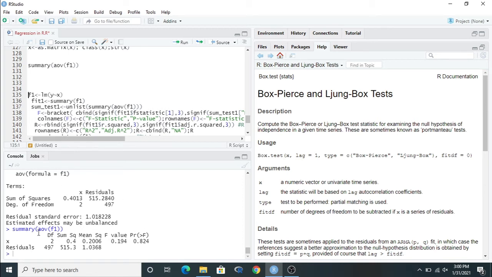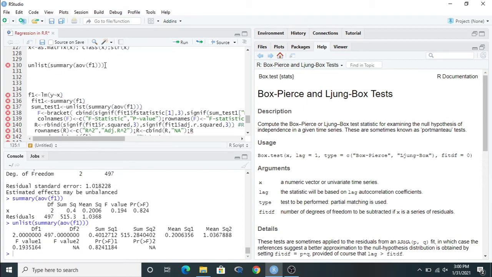But this is in matrix form. We can convert the list into a vector by using unlist. Just use unlist here, run this, and it will convert all of these elements into a vector. Remember one thing: where the name is f value 1, it indicates the f value, and where it is p value 1, it indicates the p value result. The f value result can also be extracted from f1 instead of the ANOVA function.